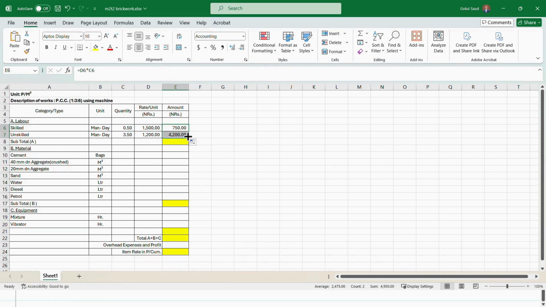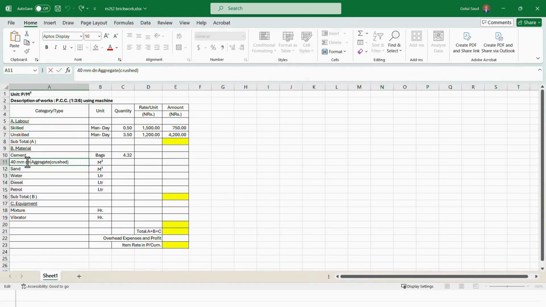All right. While putting the quantity of the cement, always be careful. The cement can be measured in bags, it can be measured in kg, it can be measured in metric tons. So you need to be careful about the unit. So bags is 4.32 bags. And for the aggregate, we calculated the aggregates as 0.90 meter cube, and it can be 40 mm down aggregate and 20 mm down aggregate. So we'll just take as the aggregate only,